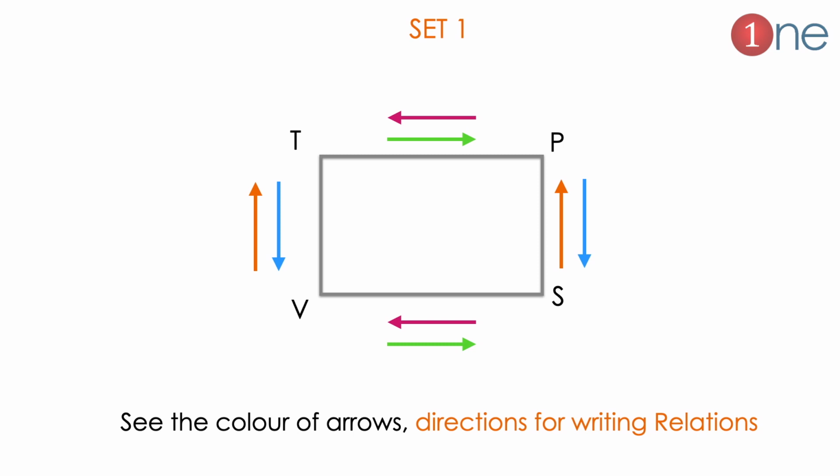So how do you derive set 1? Here the arrows are important. We are targeting the arrows to derive the equation. We will see very clearly. You just see the direction of the arrows in each one. We will write top, bottom, right and left. All arrows will come. We will see one by one.